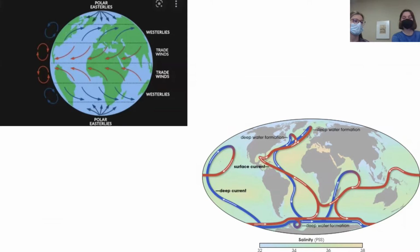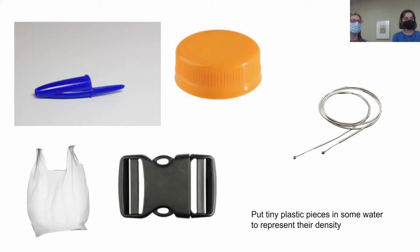But why is the garbage floating then? Because of different densities of plastic and water, and the plastic floats on top like a boat because plastic is less dense than water. Okay, but I am looking at the map and the Coriolis effect doesn't seem to correlate